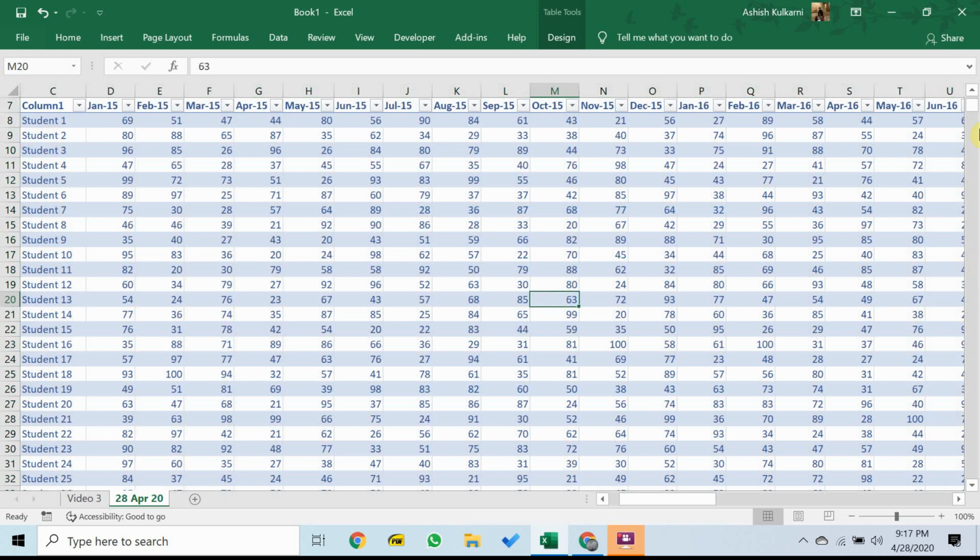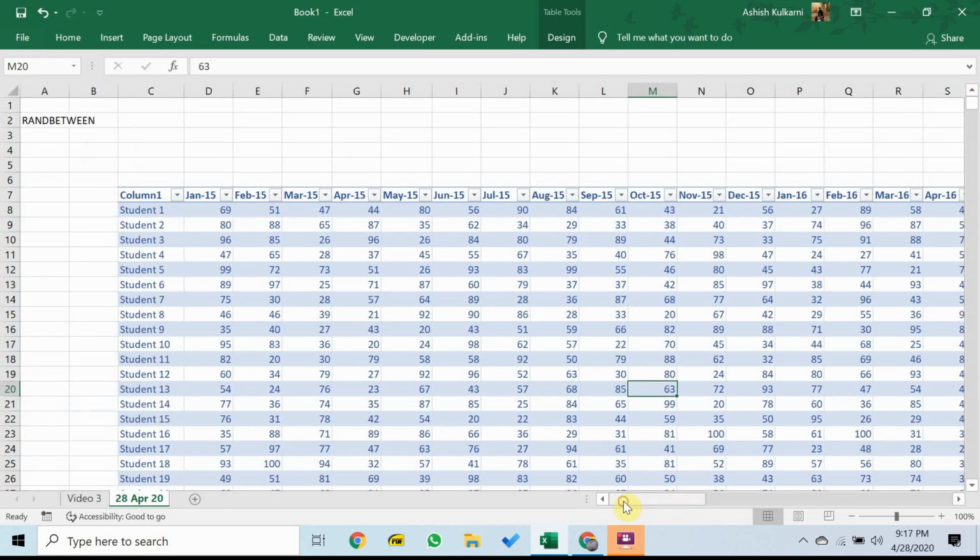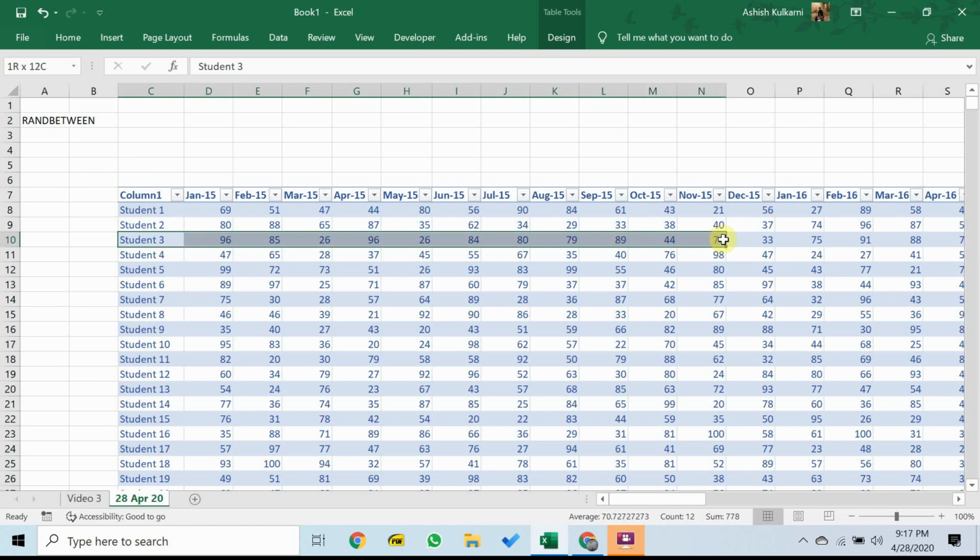Alright. Now what has happened is this has been formatted as a table, which will yield a couple of, well, slightly more than a couple of very cool things. The first of which is I now have a visual highlight, the alternating blue and white rows that make it easier to read the row that I am in. The second thing is Excel assumes that I need filters attached to each column in my table.